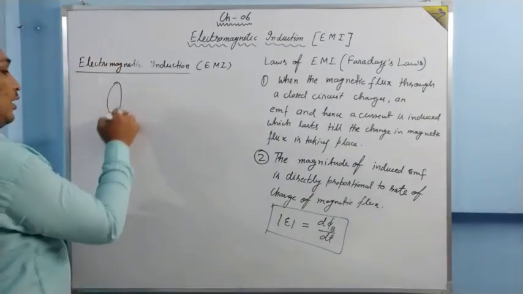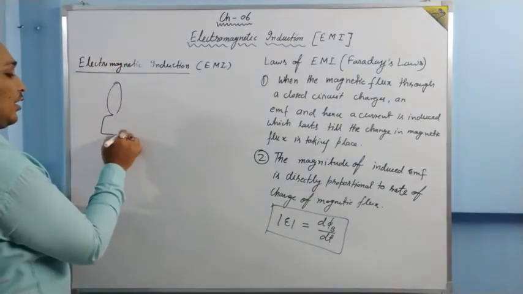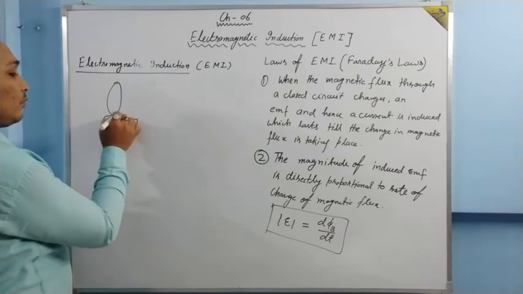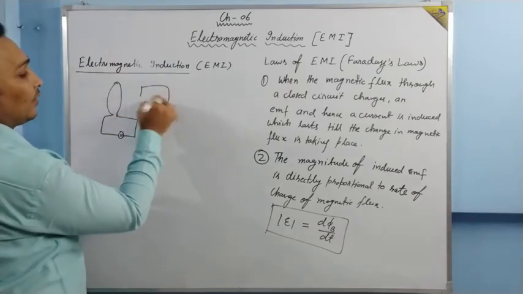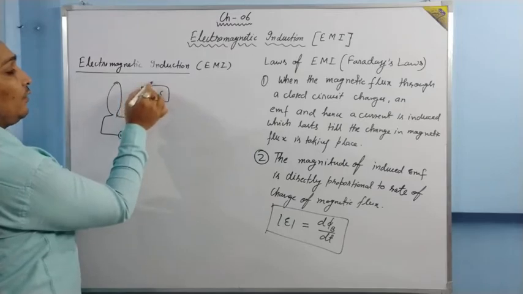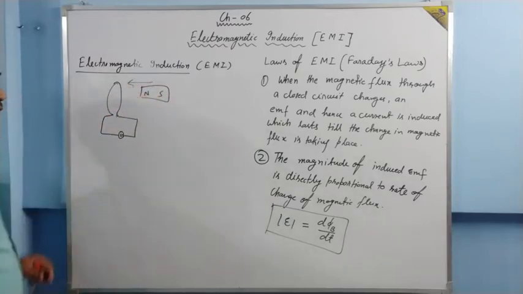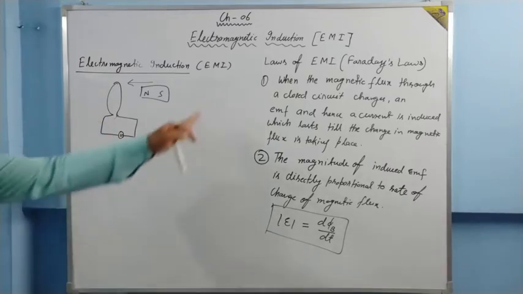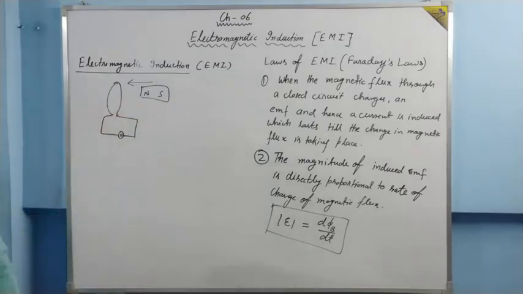Suppose this is a coil and this is connected to a galvanometer. Here is a magnet. What we have seen is that if this magnet comes near the coil at a faster rate, with greater speed, then the galvanometer shows a larger deflection. When it comes very slowly, the galvanometer shows a very small deflection. From here we conclude that